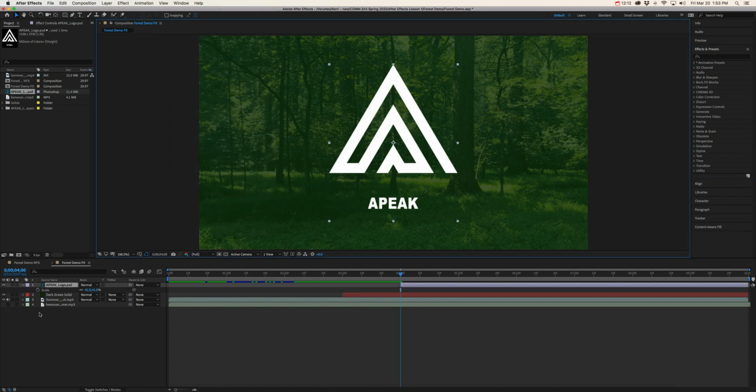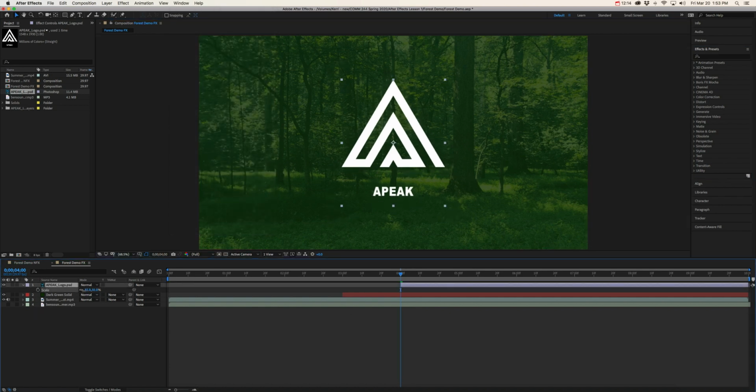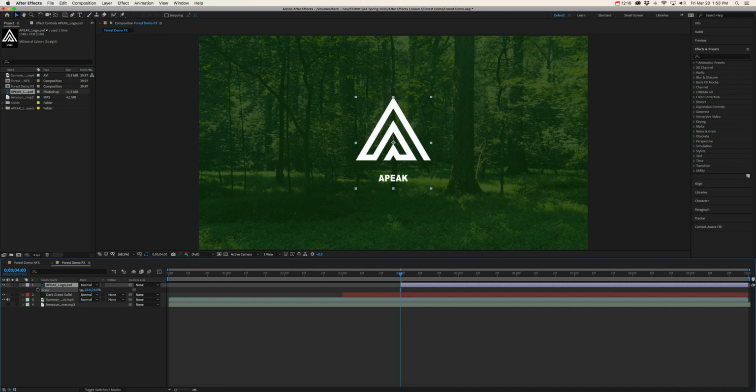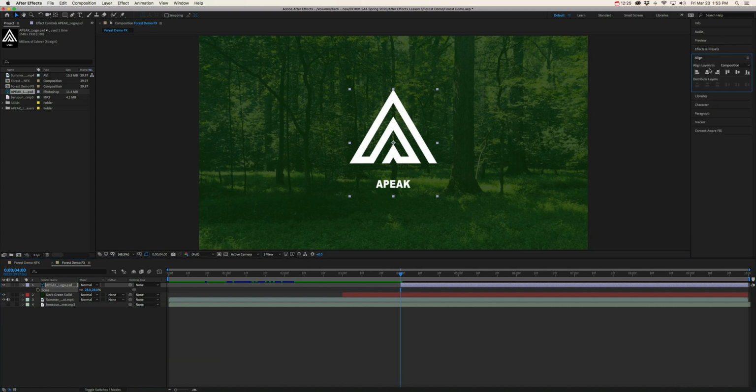So I'm just going to make this a little bit smaller, to about 28. 28 is good. I'll stay at 28. I'm also going to use my Align tab, and I'm going to align it horizontally and vertically, just to make sure. Okay, now I'm going to open my Effects and Presets window,